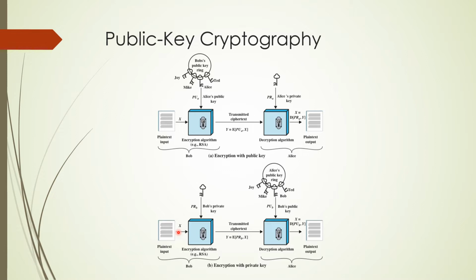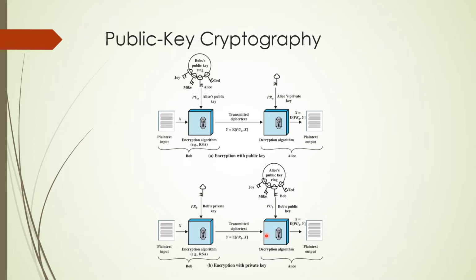And the encryption algorithm is going to create a ciphertext. That ciphertext would be Y, and Y is basically the encrypted version of X using the private key of Bob. And that ciphertext will be transferred to the other side. That's basically the signed form of X. And when Alice receives